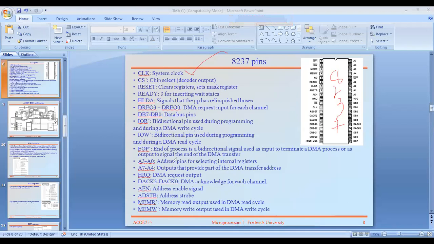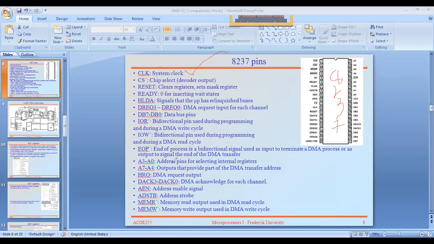It contains 4 channels, a 4 channel DMA it is. In response to the request, acknowledgements are expected from the lines ACK0 to ACK3, the DMA acknowledgement 0 to 3.